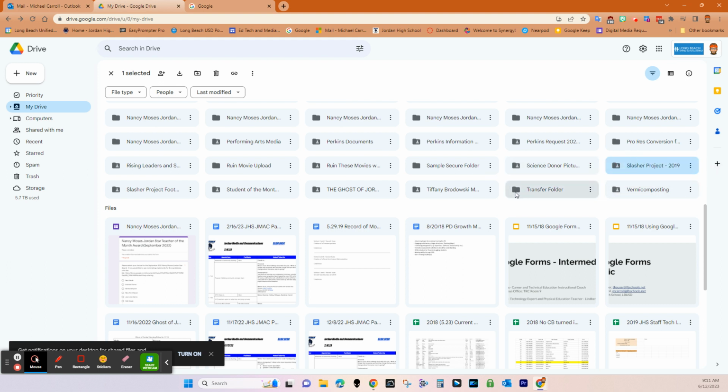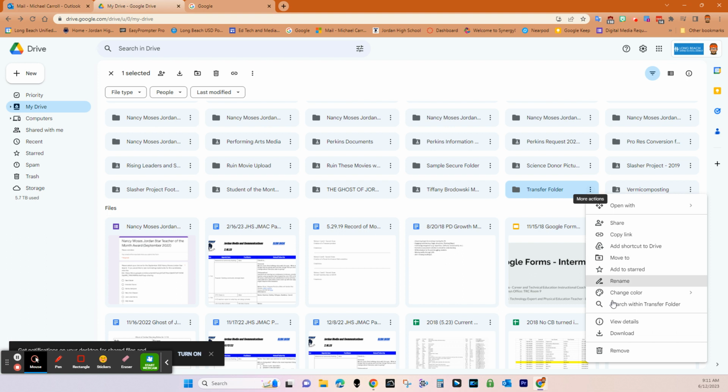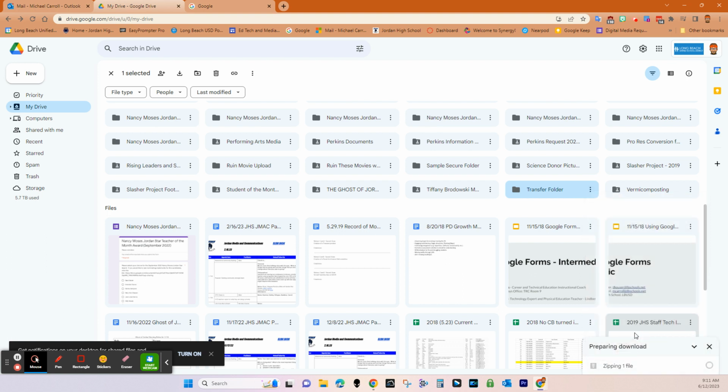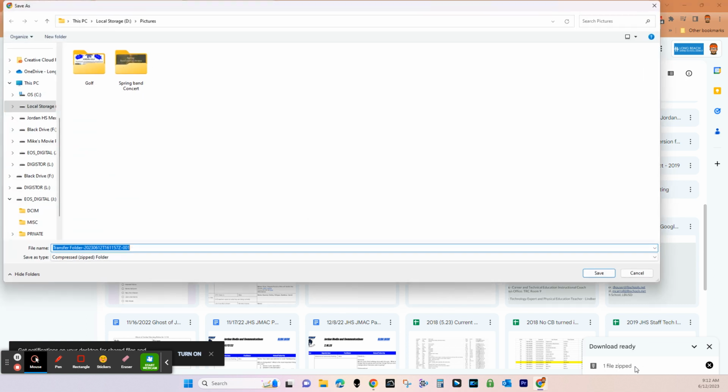And then once you have all of the stuff that you need in this transfer folder, what you can do is just go over here to download. Okay. And then it's going to zip a file. So it's that file zipping that can take a while. And then what you do is you just save the file folder onto your,